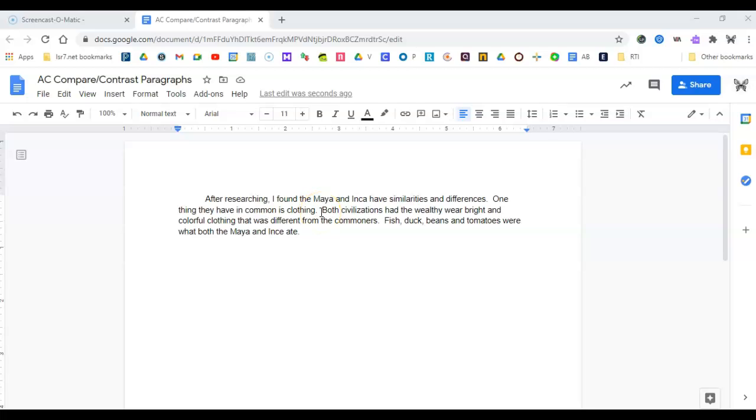So after I said that they have clothing in common, I said both civilizations had the wealthy wear bright and colorful clothing that were different from the commoners. Then next on my graphic organizer, it mentions food. So I'm going to name the foods that they had. Fish, duck, beans, and tomatoes were what both the Maya and Inca ate. Then I'm going to do two spaces, and my last one were gods and goddesses. So I'm going to say gods